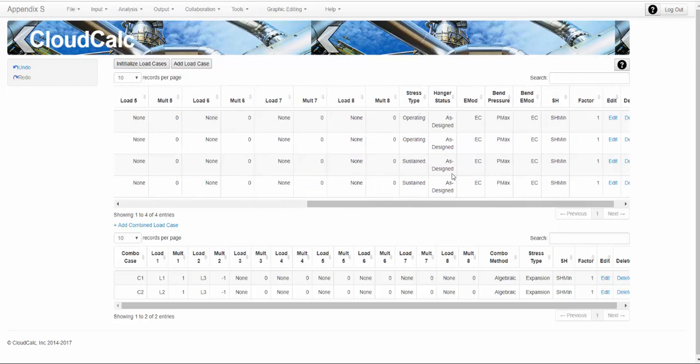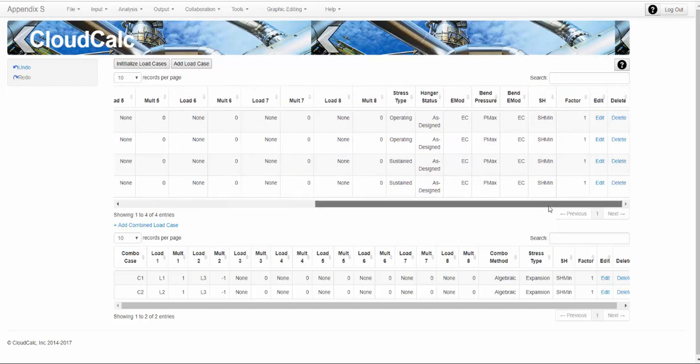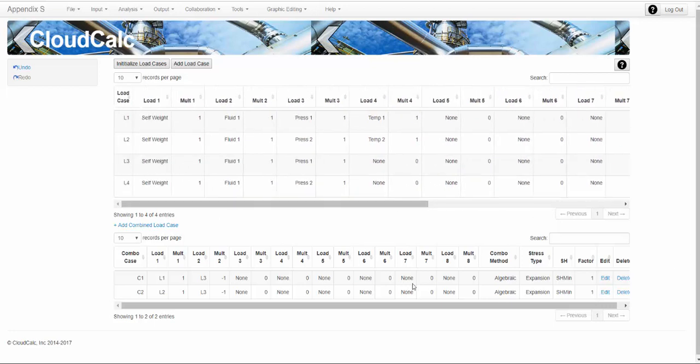And as you see, we have the stress types called out. We tell how we want to model our hangers and things like that. And then we have our combination cases. So we have combination 1, which consists of the difference between load case 1 and 3. It's an expansion case, combined algebraically. Second combination is the difference between load case 2 and load case 3. It's expansion, combined algebraically. And we may want to check and see what happens when we go from the hot